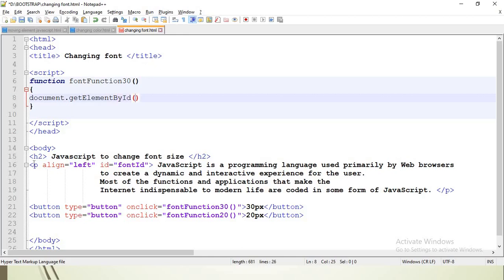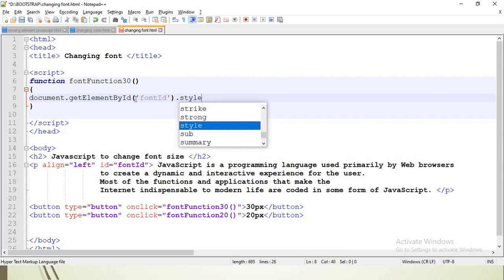Which thing do we have to change the font size of? That is the paragraph tag. We have to change the font size and font color, and its ID is font ID. So I make use of that ID here, font ID.